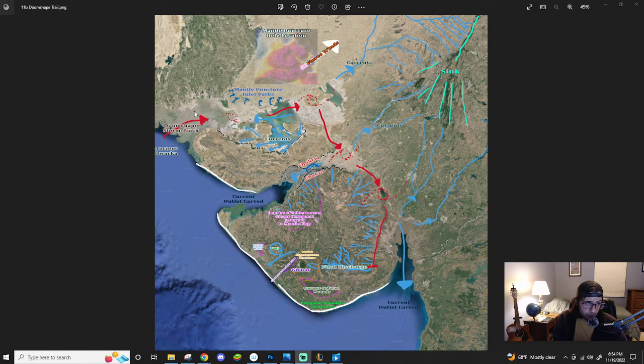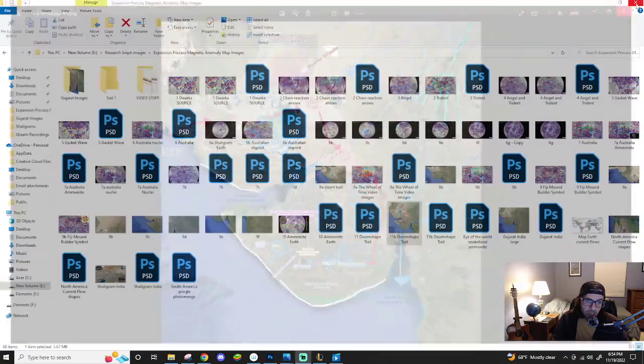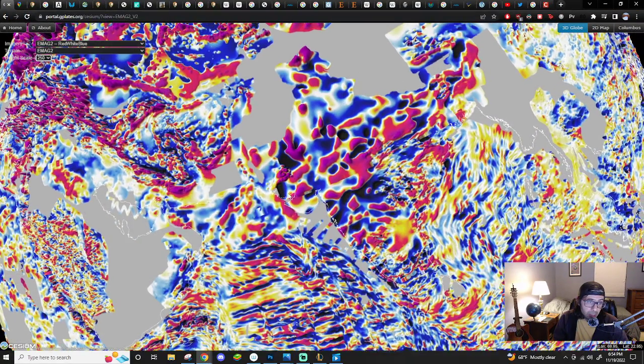But so the doom shape is here for a long time, and then it moves generally through this region over to here, and here. So that these positions, the reason I want to talk about this is because recently, my last video or so,